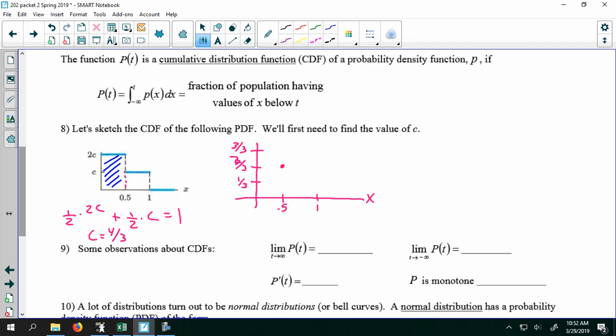The percentage of the population that has an age of 1 or less is 3/3. Yeah, it's the entire area. The percentage of the population that has an age of 1 or less, that is 1. Okay. What is the percentage of the population that has an age of 0 or less? 0. So at 0, 0, 0. So when I connect these,